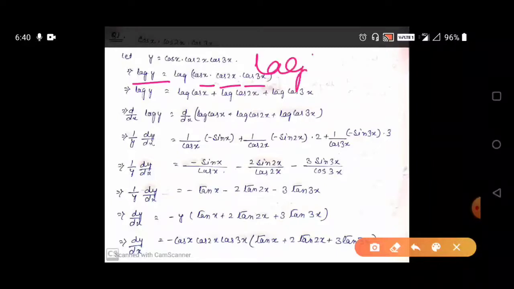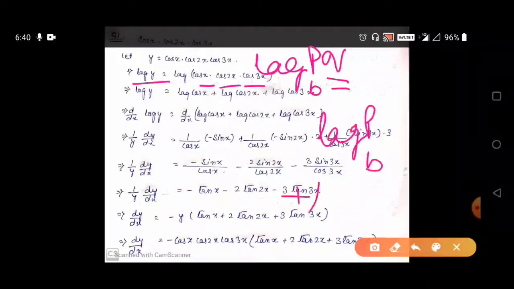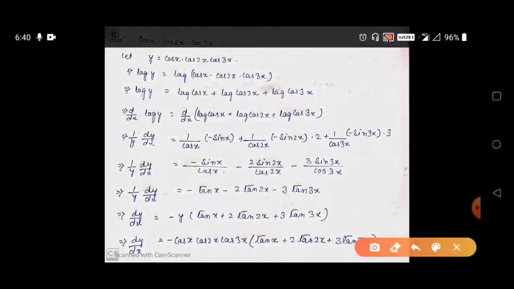We know log pq base b is equal to log p base b plus log q base b. So here also we can write log cos x plus log cos 2x plus log cos 3x. Now we will do differentiation on both the sides with respect to x. So ddx of log y is equal to ddx of log cos x plus log cos 2x plus log cos 3x. ddx of log y means 1 by y, and since we have y, we have to write dy by